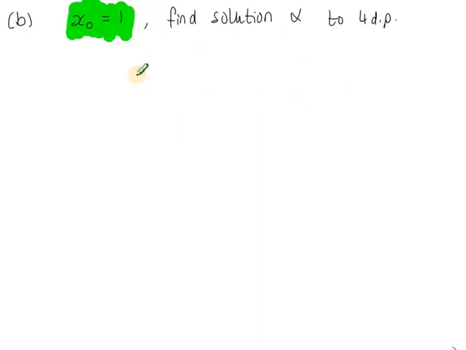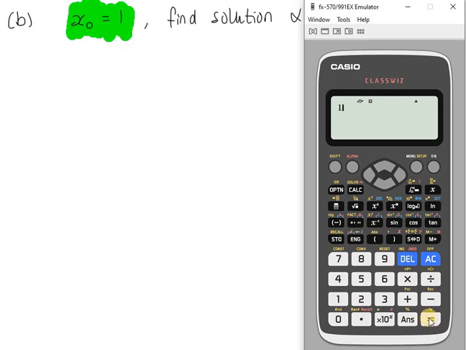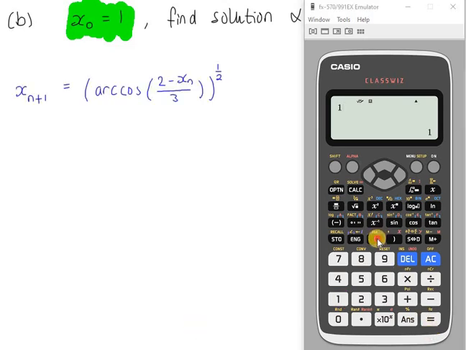Okay, so the initial value is 1. So we've got brackets, inverse cos, and then 2 minus the answer function over 3. Close brackets, and that's a square root, or to the power of a half. Okay, so x0 is 1, this is x1, you should write these down, x2, x3, x4, x5,